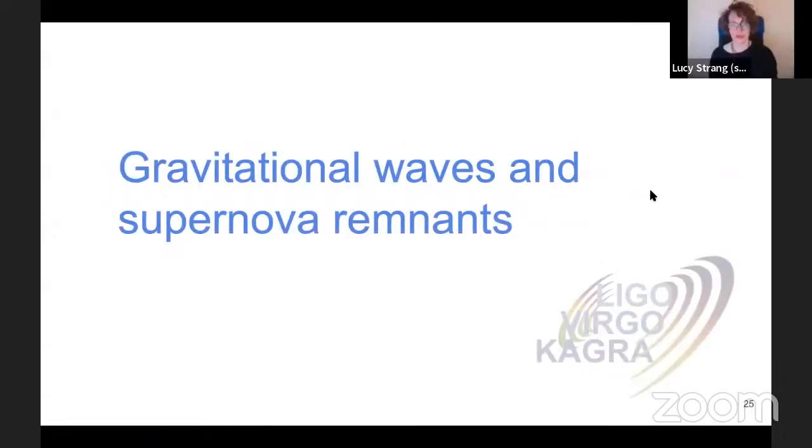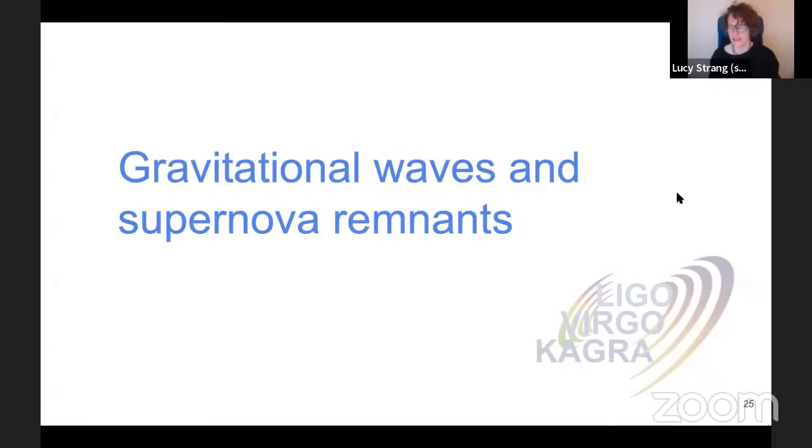So we just heard from Paratosh a great summary of how we look for continuous gravitational waves from neutron stars, where we can actually see both the sky location and we know how quickly the star is rotating. One other kind of search we can do is where we know the sky location, but we don't actually know anything about how the star is rotating, so we have no idea what frequency we're looking at.